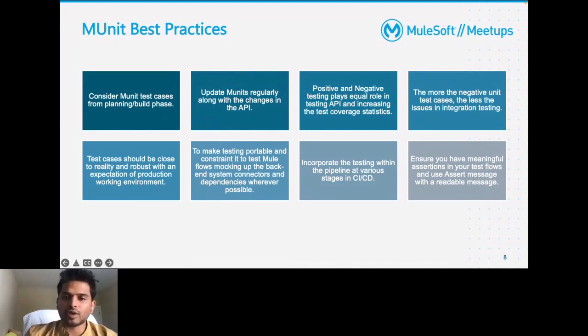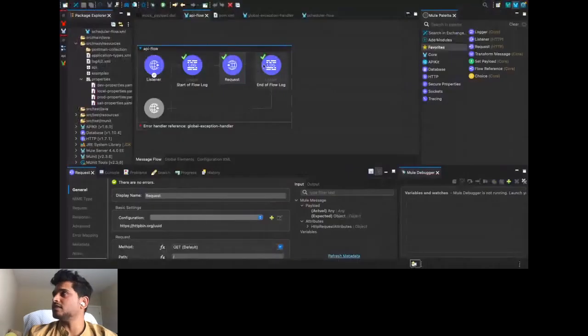And ensure you have meaningful assertions in your test flows and use assert message with a readable message. So what this means is, we have seen the assertion. I have put the assert as,